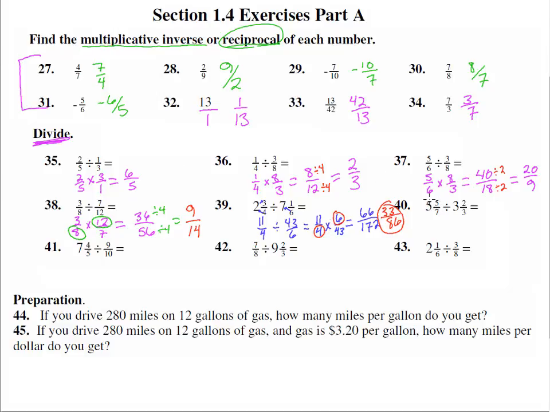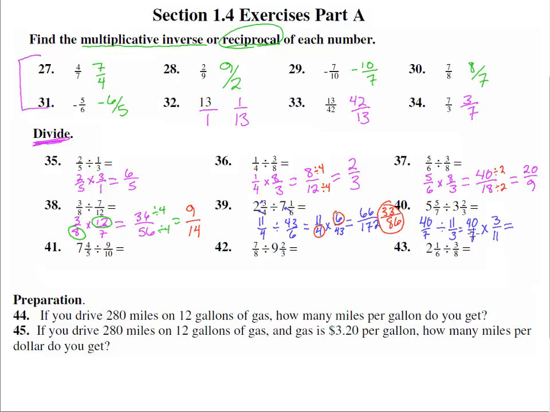5 5/7. Turn this into an improper fraction. 7 times 5 is 35 plus 5 is 40. So this is really 40/7 divided by 11/3, since 3 times 3 is 9 plus 2 is 11. So that's going to be 40/7 times 3/11 equals,